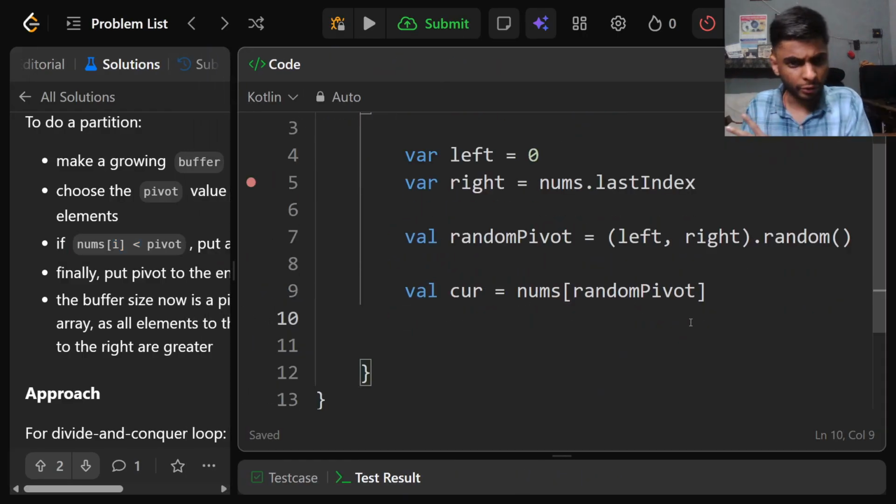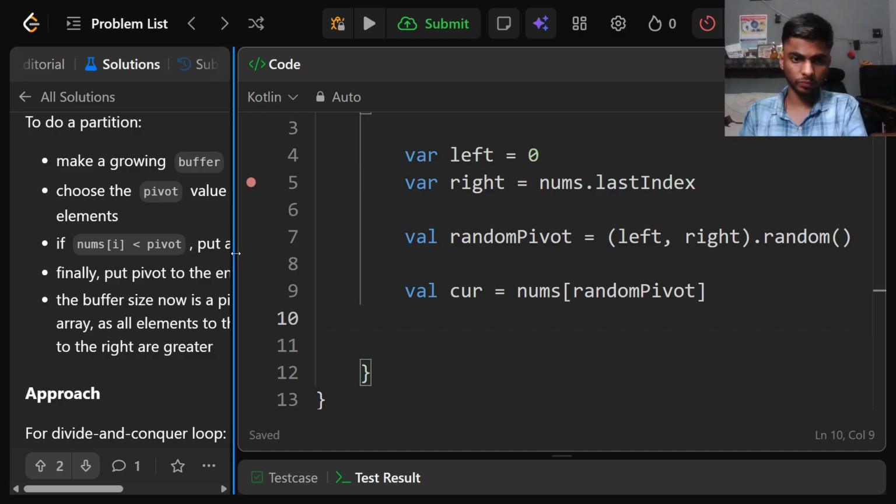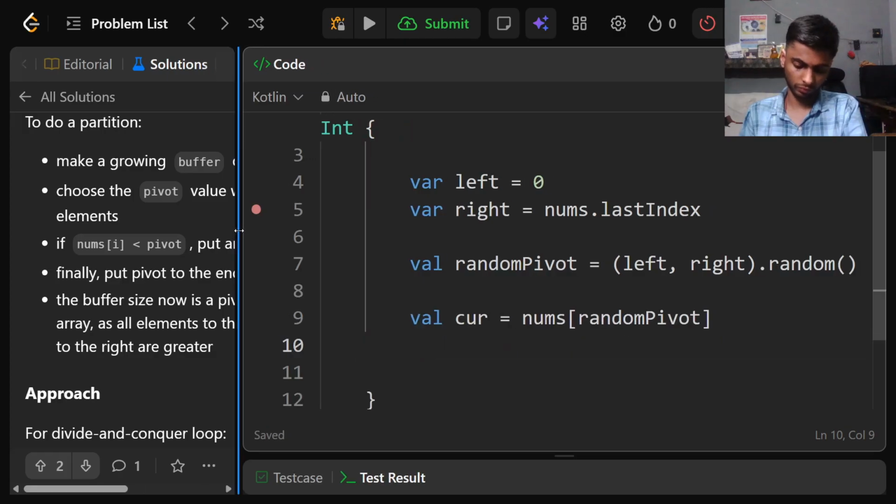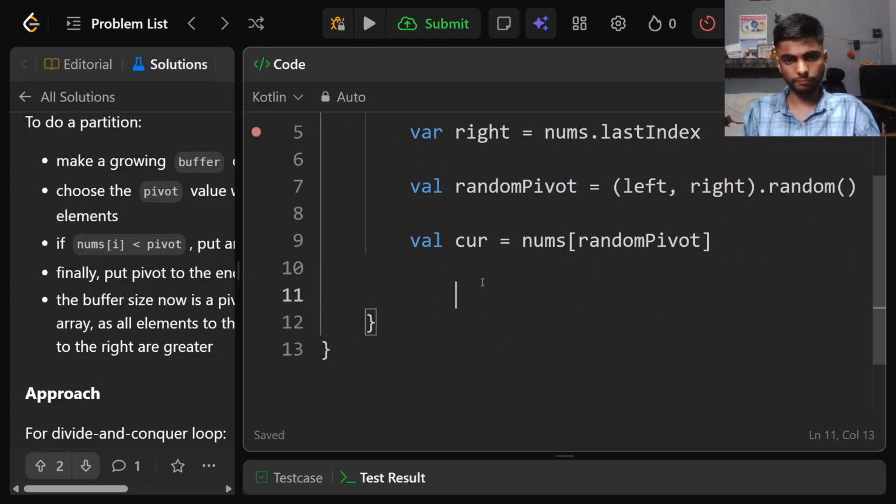Should I go from left to right, or choose a pivot value? So I can say while my left is smaller than right,